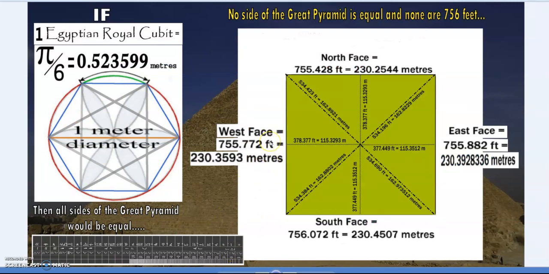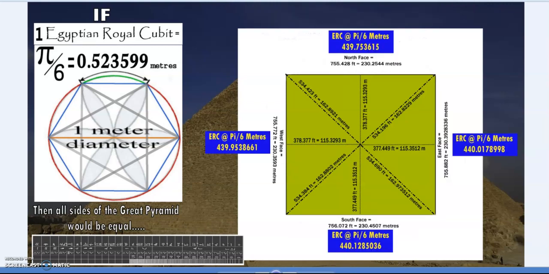Now we can test this on the pyramid itself. You might notice that the north face is 20 centimeters shorter than the southern face. No one side of the pyramid is exactly the same. However, for instance, the Grand Gallery is 4 Egyptian royal cubits wide, with 1 cubit on each side for the bench and a stairway or pathway up 2 cubits wide. It's throughout the pyramid that the cubit was used, but it's just a matter of crunching the numbers, and we